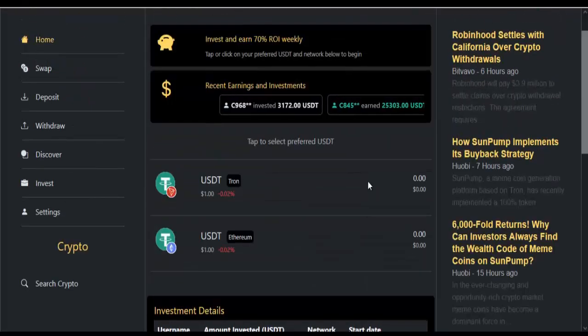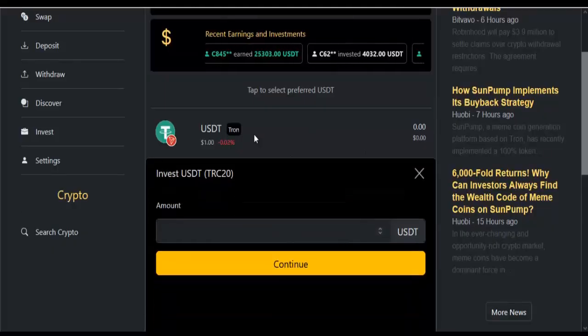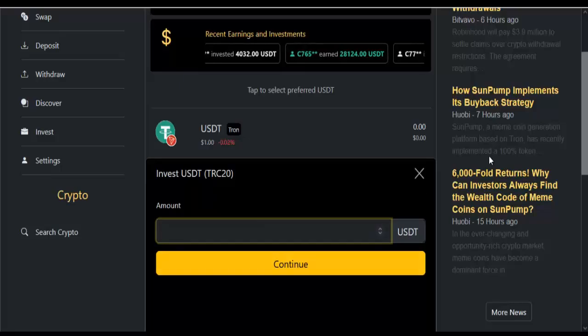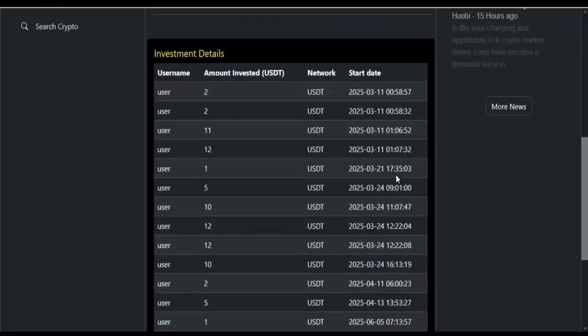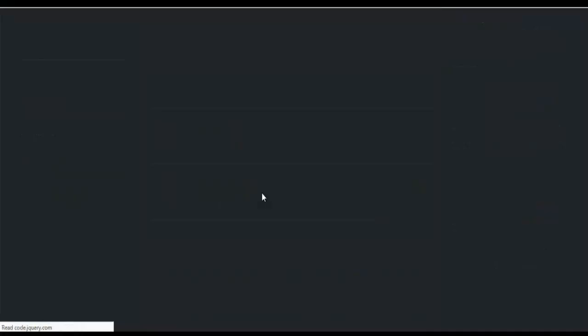So let's say you want to invest in USDT TRC, just click on it. Once you click on it, just input the amount which you want to invest. Click on continue. Automatically the investment has started already. So that is just how the investment part works. So let's go to the settings part. Click on settings. This settings part is where you can edit your profile, change your password, and other basic settings,